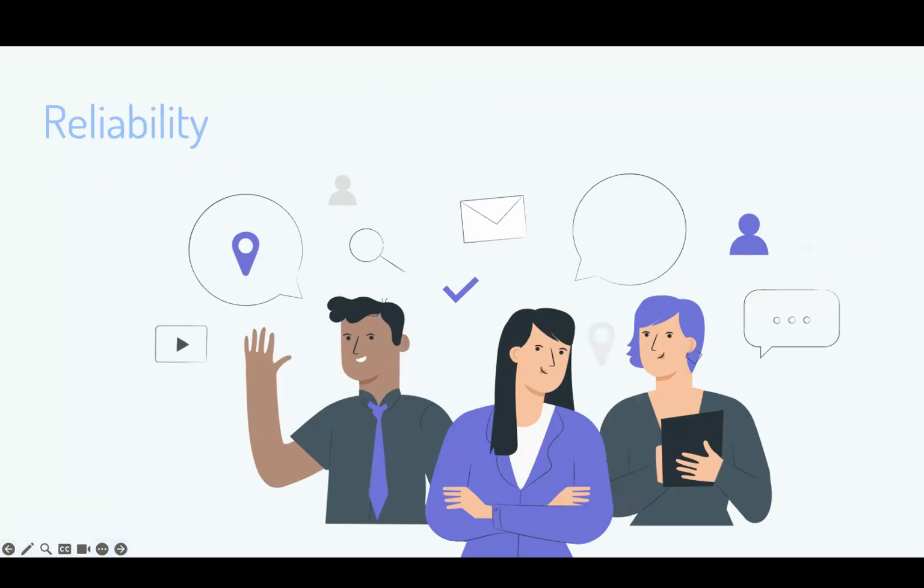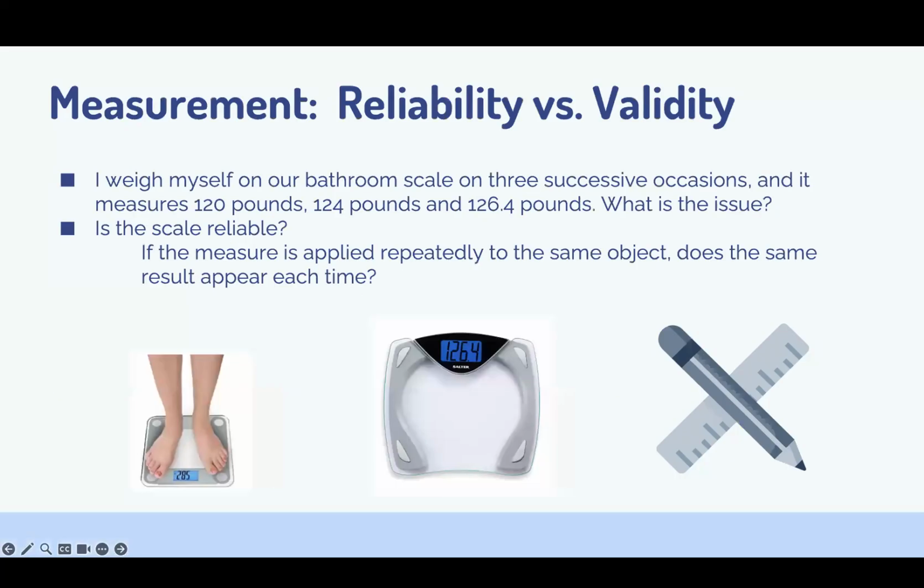Okay, so reliability is a very important concept when we talk about scales or instruments. Reliability is about consistency. These four words you should remember. You should always remember reliability is about consistency. So if a scale gives you different readings each time you step on it, it's not reliable. In research, a measurement is reliable if it consistently produces the same results under the same conditions.